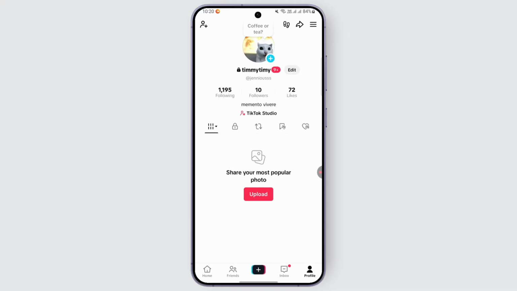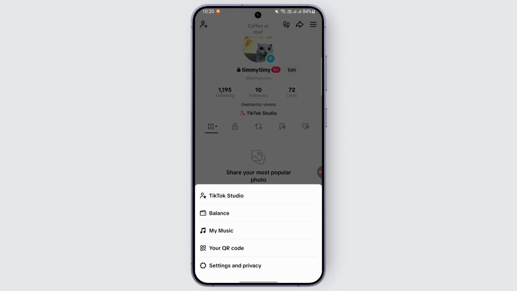You may tap on the three lines at the top right corner or the three dots in the top right corner and open it up, and the menu appears on your screen with a bunch of options available. You will look out for the very last option called settings and privacy, and tap on it under your QR code. Tap on it